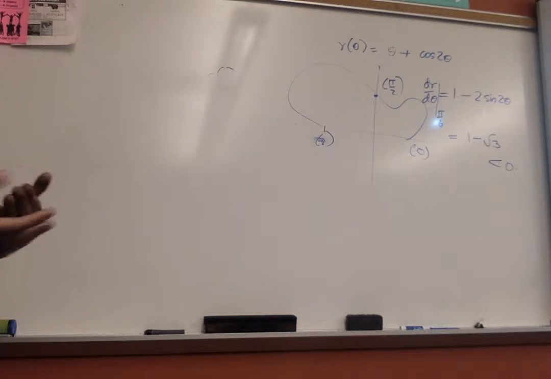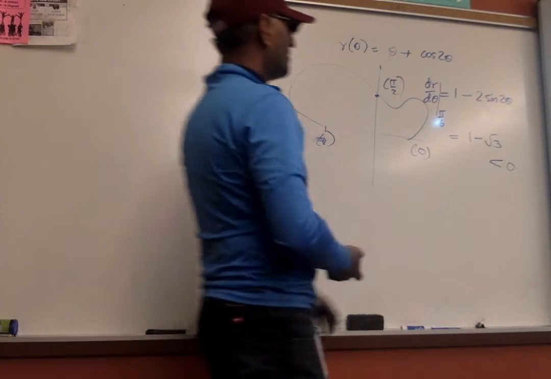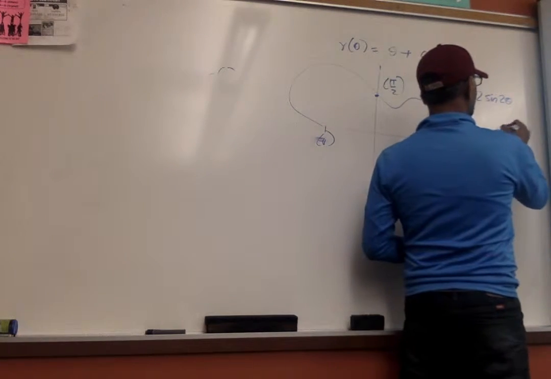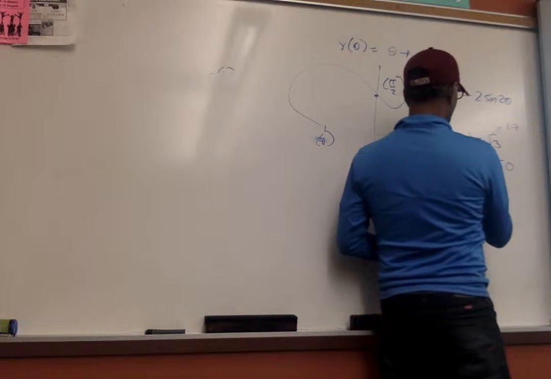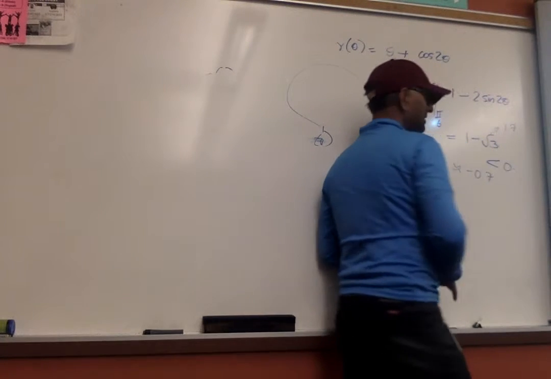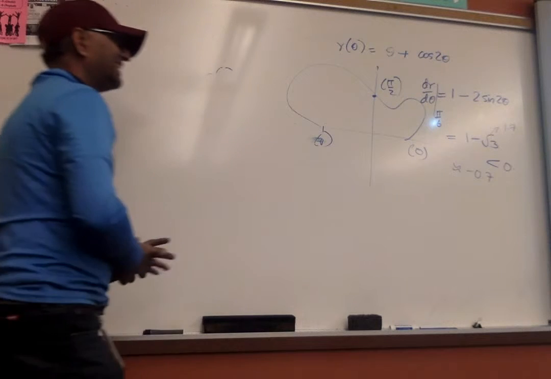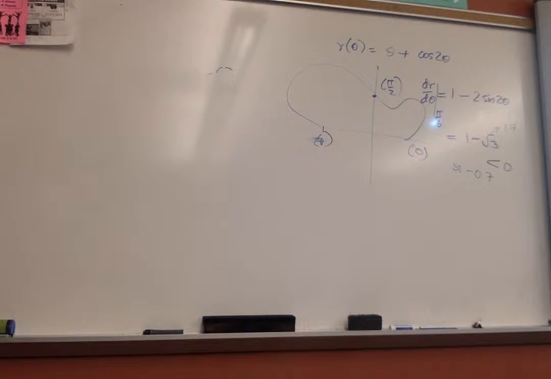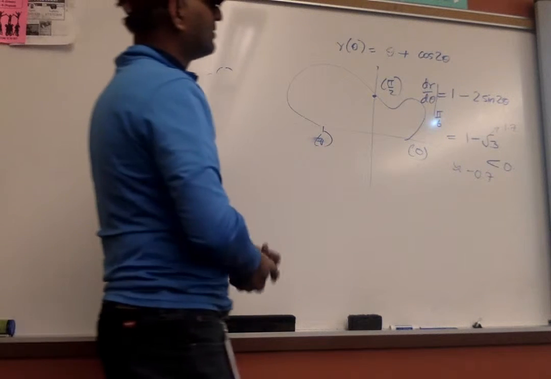Now, if you do not know anything else, radical 3, I'm just letting you know, is roughly 1.7. So it's roughly negative 0.7. If you did not know anything else, this is what you would write. Don't write it. I'm telling you, this is not a complete answer. This first semester interpretation indicates that at theta equals pi over 6,